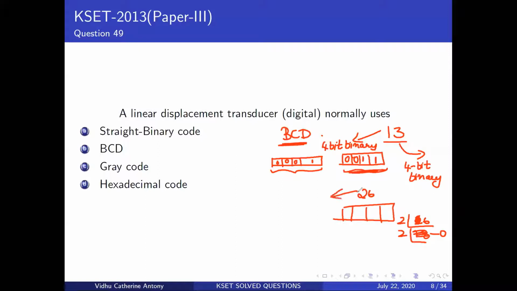What you're supposed to be doing is splitting each digit and then writing the binary. So let me do a 6. Dividing by 2 gives me a 3 and a remainder of 0. I do a 2 again, which gives me a 1 with a remainder of 1. So I get 0 1 1 0, with a 0 put in front. Now I have to write my 2, which I write as 0 0 1 0. So this is how I write my binary coded decimal.